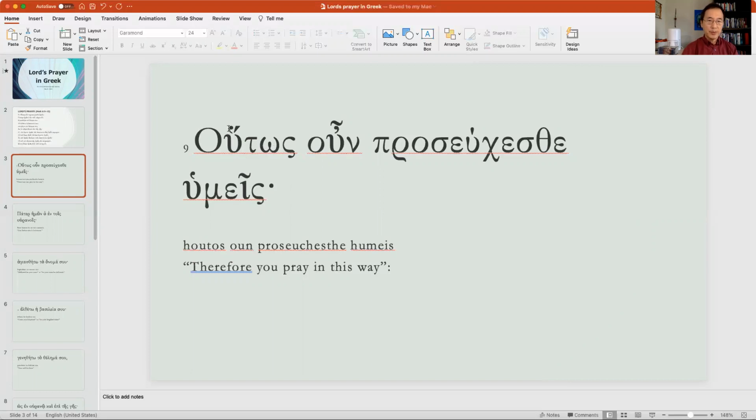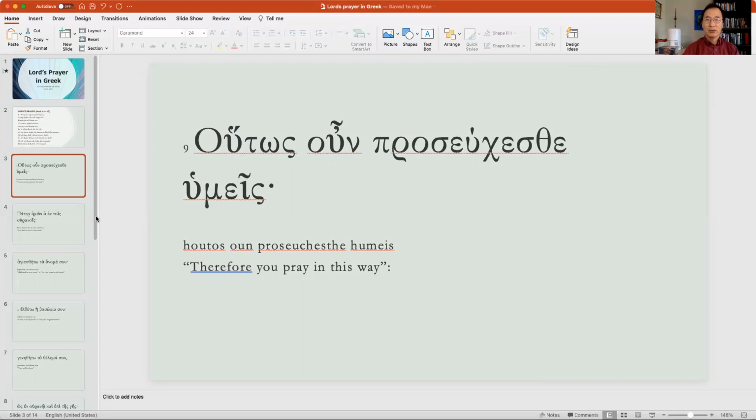You see a rough breathing mark? In my previous video, I explained to you whenever you see this rough breathing mark, not the smooth, regular breathing mark, but this kind of twisted breathing mark, which we call the rough breathing mark, then the vowel sound changes to an H added sound. So instead of U, we pronounce it hu. So Houtōs, therefore,